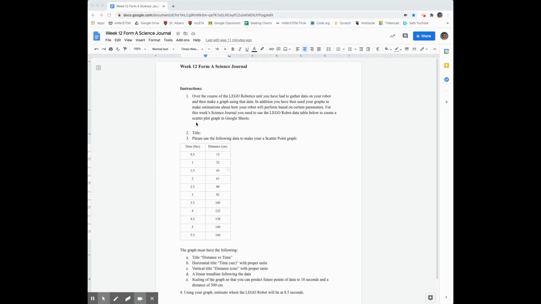So first thing is you want to make sure you type in a title, okay? And then here is the data that you're going to use to make your scatter point graph. And so the first thing is you should highlight your data, and then you can hit Control-C or Command-C